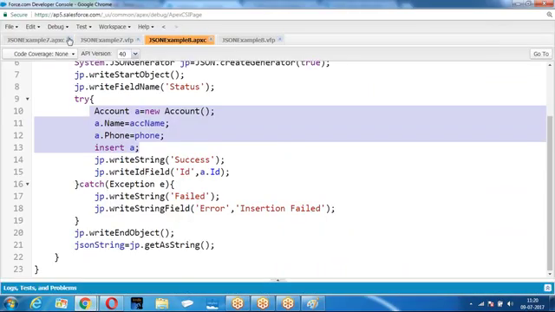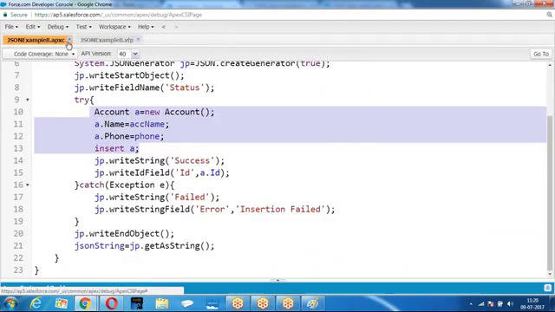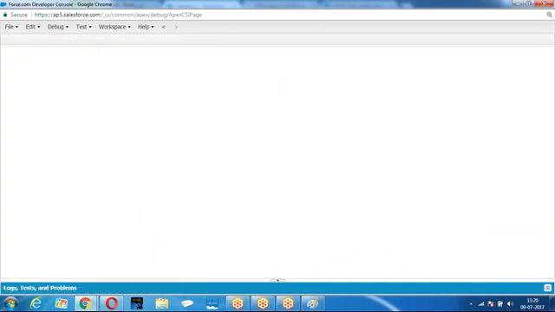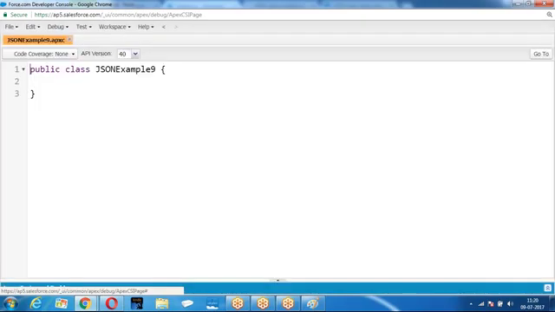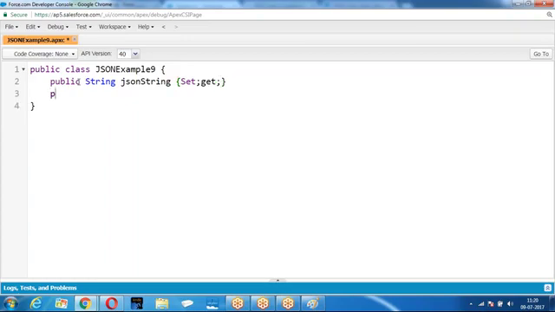Go back to this. We have public string JSON. Then we have search text.